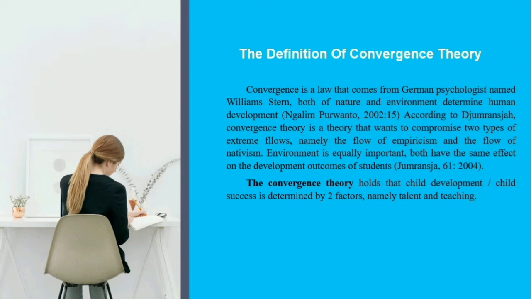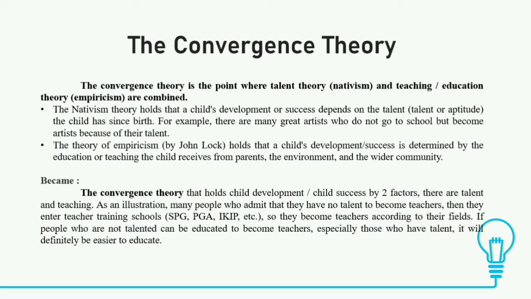So language acquisition is not just from environment, but also from nature itself. So this theory is combined into one, that language comes from nature and also environment itself. The convergence theory holds that child development or child success, like language acquisition, is determined by two factors, namely talent and teaching. The convergence theory is the point where talent theory, which is nativism theory, and teaching or education theory,